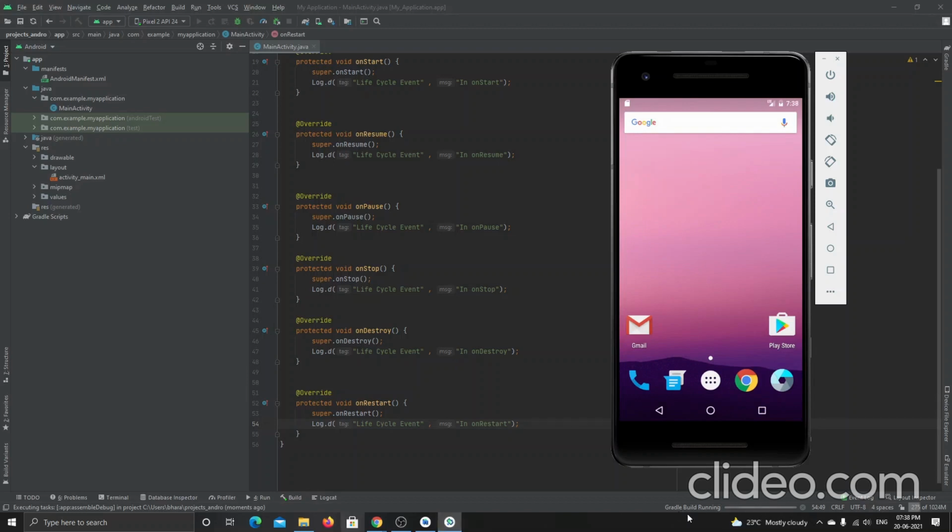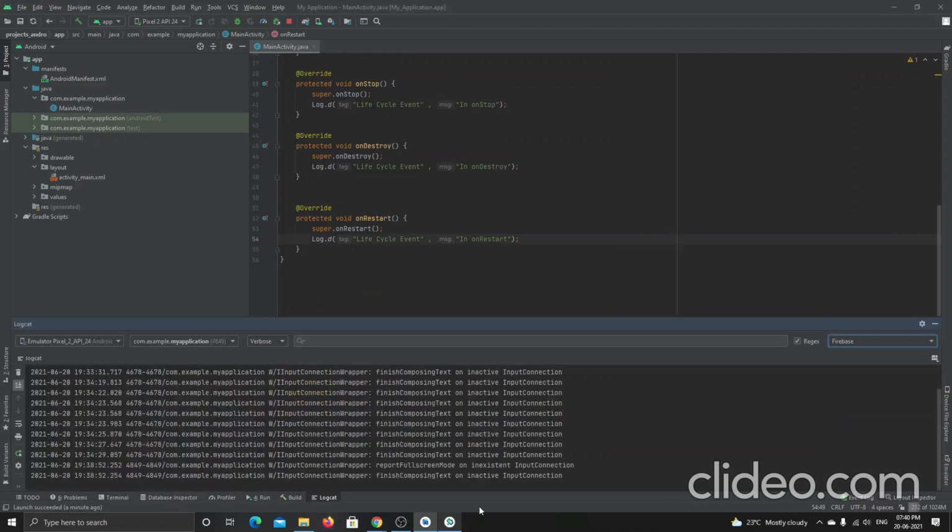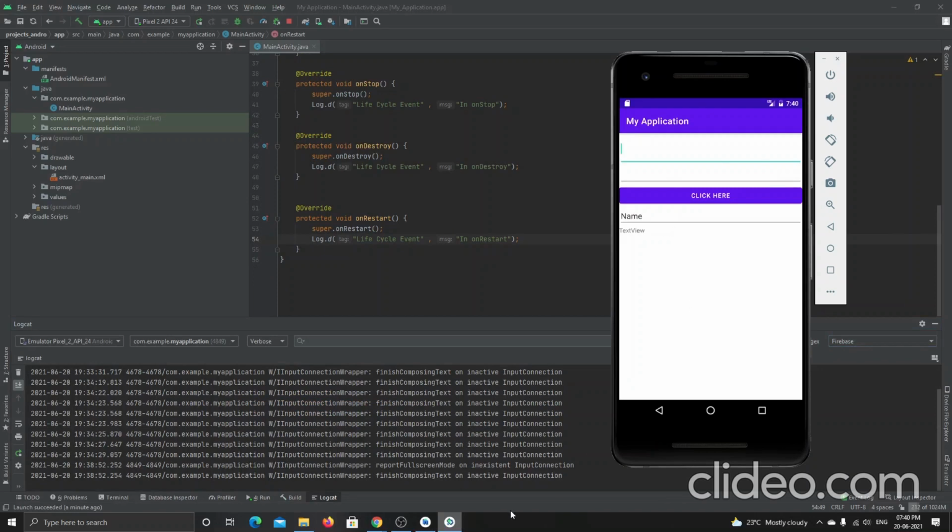You can watch here, it is saying Gradle build running. When it builds completely, it will say Gradle build successful, and this run will show launch successful. Till then we will wait. I will pause the video. See, the app is now installed successfully, but in this logcat it is not showing what is happening.